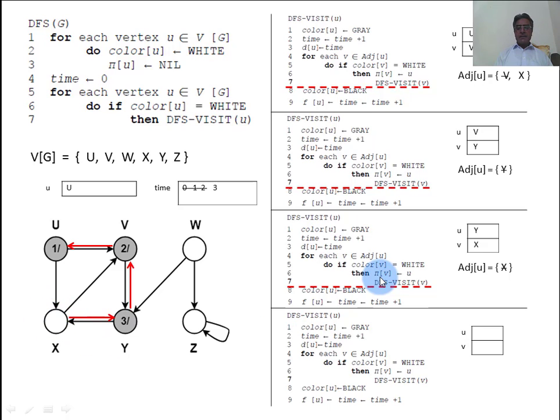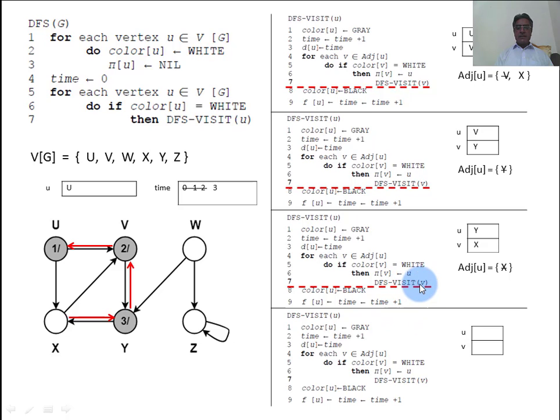Here you may see the parent of x is equal to u, which contains y. The parent of v is u, so y is the parent of x.